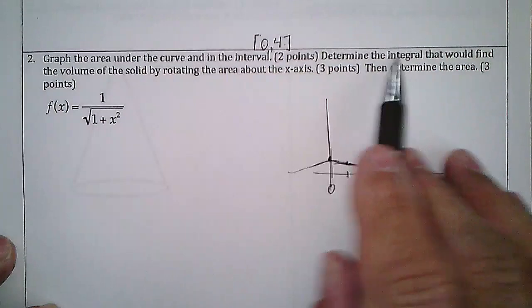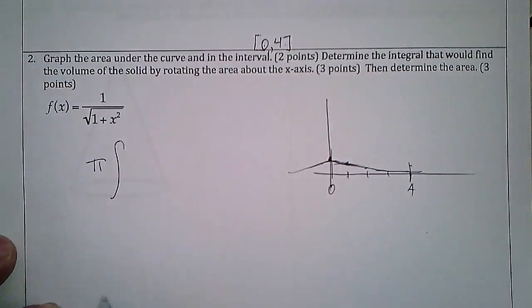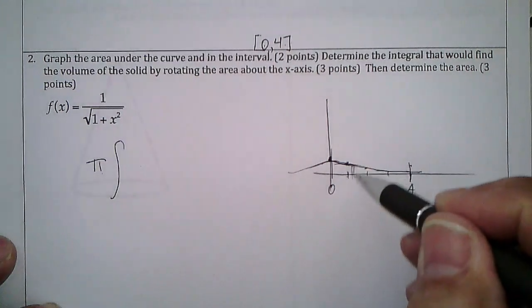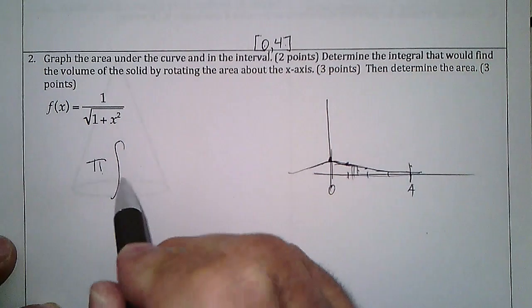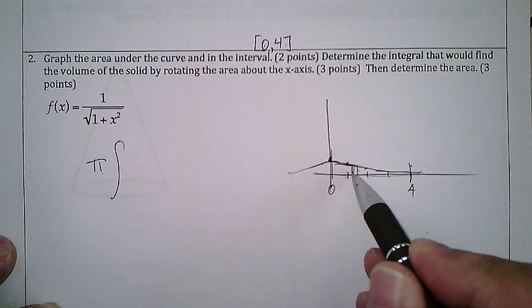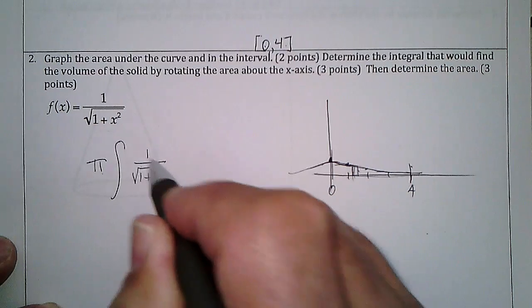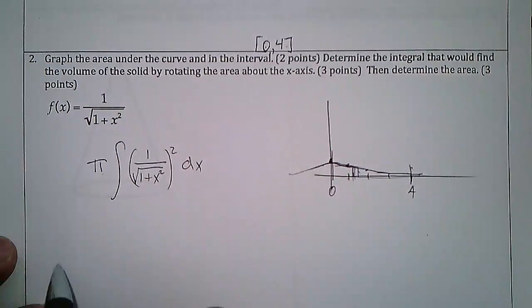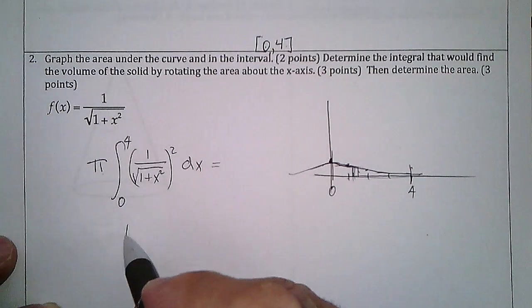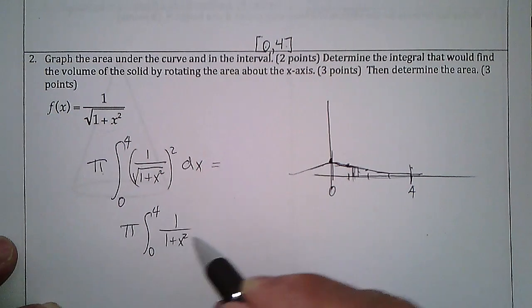And then it says determine the integral that would find the volume. So that'd be pi integral pi r squared, if we're going to slice it this way, rotating about the x-axis. So pi r squared, and r is y, and y is this, 1 over the square root of 1 plus x squared, squared, dx, evaluated from 0 to 4. Well, if you square that, you get pi integral from 0 to 4 of 1 over 1 plus x squared